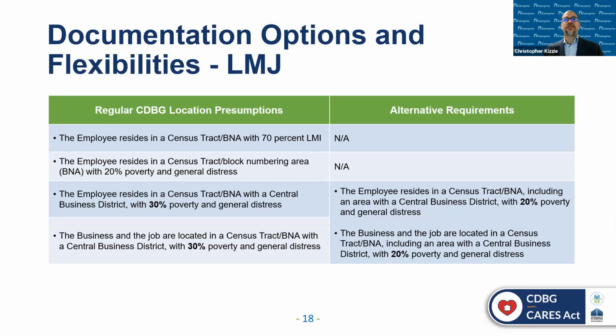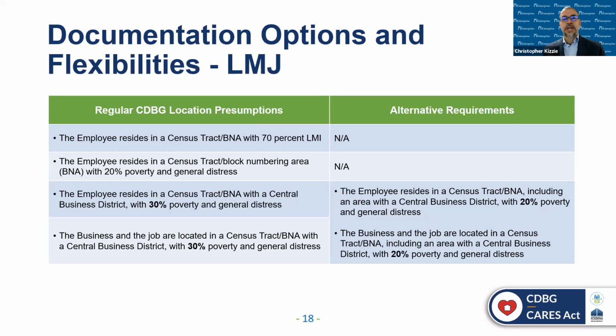A central business district is an area of very high land valuation characterized by a high concentration of retail businesses, service businesses, offices, theaters, hotels, and by very high traffic flow. The term general distress typically means all block groups in the census tract have poverty rates of at least 20%. The specific activity being undertaken is located in a block group that has a poverty rate of at least 20%, or upon the written request of the grantee, HUD determines that the census tract exhibits other objectively determinable signs of